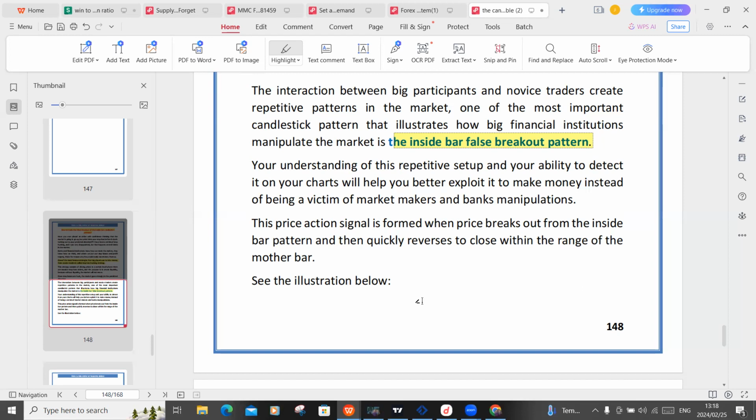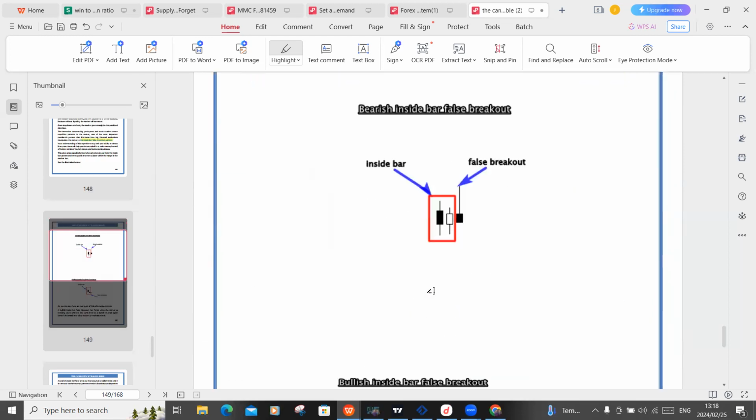See the illustration below. All right, so let's see the illustration. So I think this is pretty simple. You get your mother bar, just like the author showed us there, right? That's shaded. And then you get your inside bar within the mother bar, right? And the premise of this inside bar, like we read in the past few pages, is we trade the breakouts. When price comes above, we're going to look for longs, or if it's coming below, depending with where the market